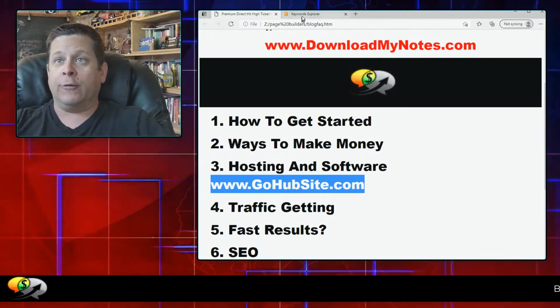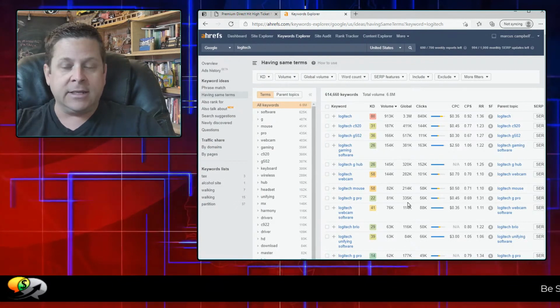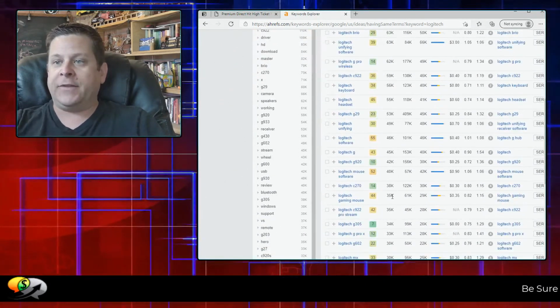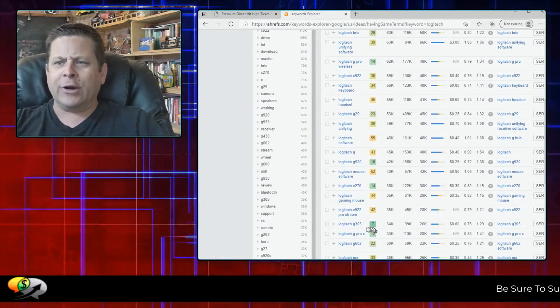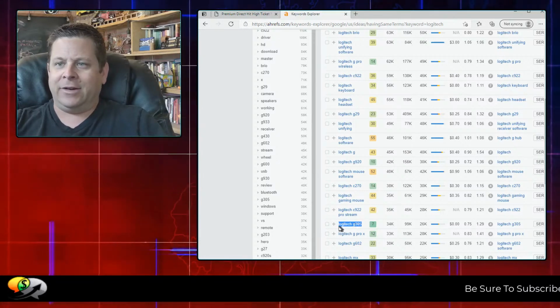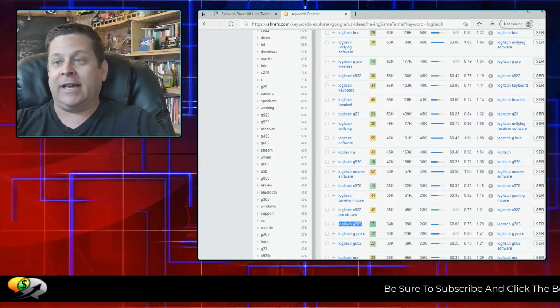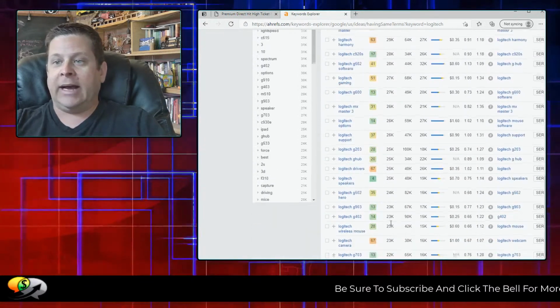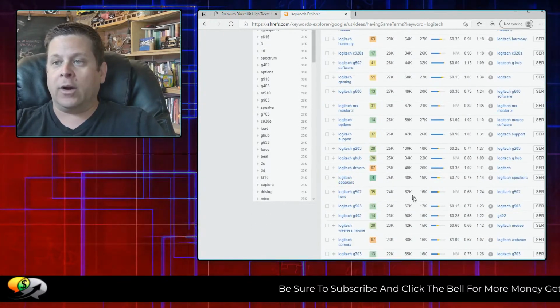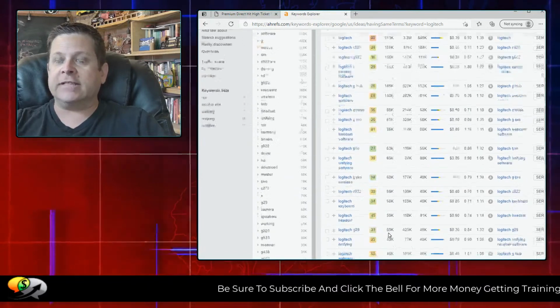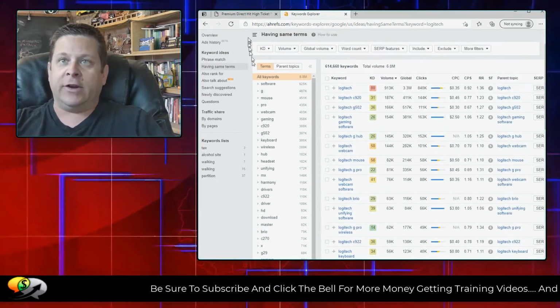And then, of course, you're going to go for the keywords that you know you can get, right? As a new blog, you want to go out there and focus on stuff that's preferably less than 10. Like right here, here's Logitech G305. That's a 7, and it's got 35,000 searches a month. You also got this one, which is a 4, and on we go. So there's all kinds of things that you can do that are very specific.